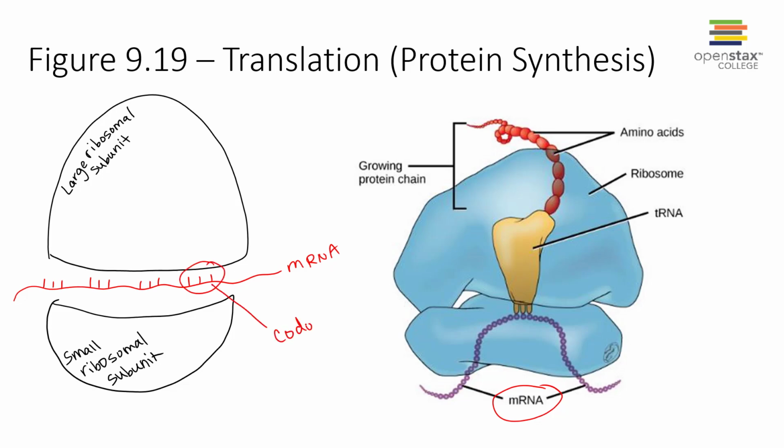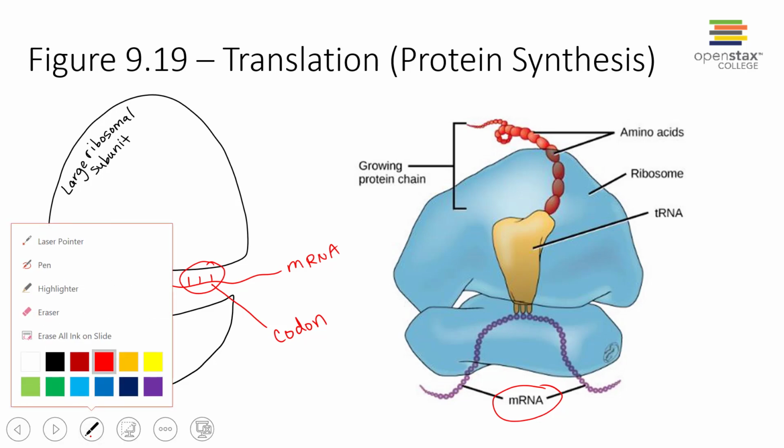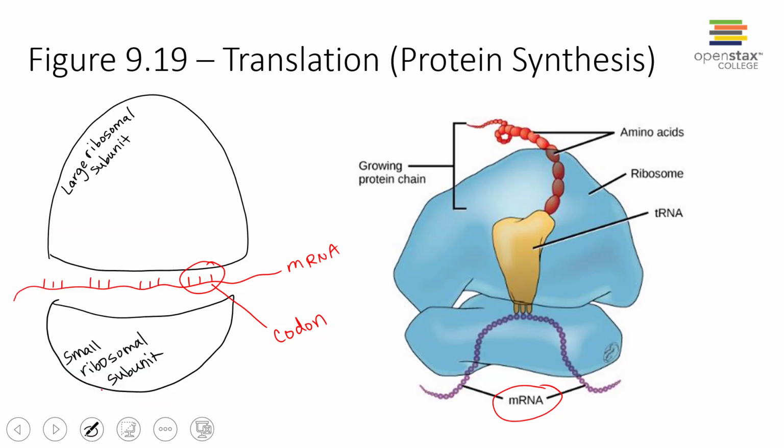So let's circle the codon, okay? And of course, we've got a whole bunch of other codons as well, but let's show what happens. So the tRNA that matches that specific codon will come in and will actually bind. Let's make it a different color. So the anticodon of the tRNA,